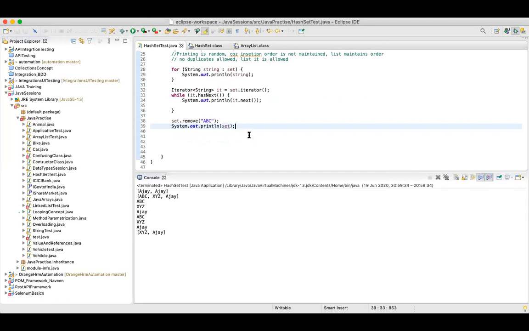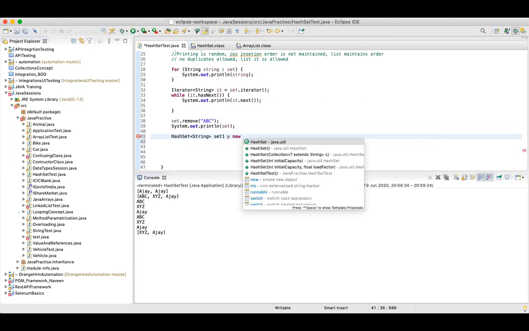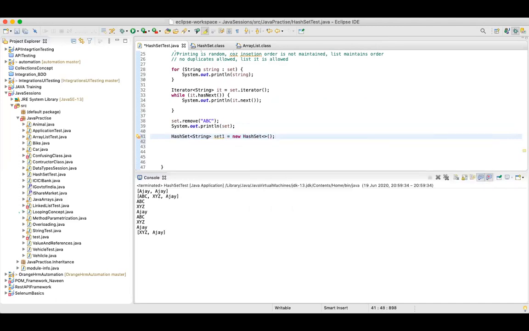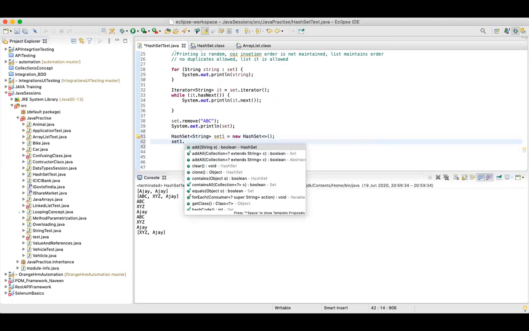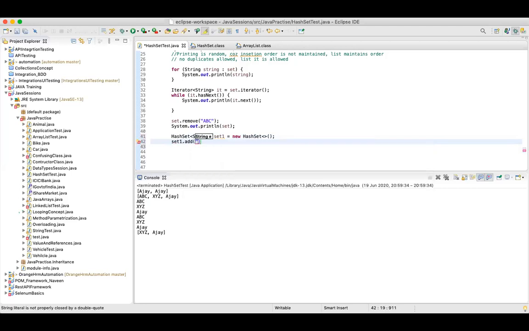Now, one more thing. How do you add all the elements from one set to another set? So HashSet of type String, and I'll say set1 is equal to new HashSet. Clear? In this I can simply add something one.